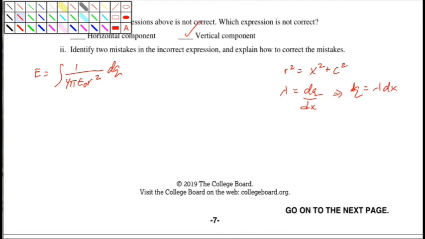So we can swap out some variables and replace things here, and we know that E in general, the magnitude of the electric field, is now going to be 1 over 4 pi epsilon naught times x squared plus c squared. And we need to multiply that. We're going to replace the dq with lambda dx. And if we want to break this up into a horizontal component and a vertical component,